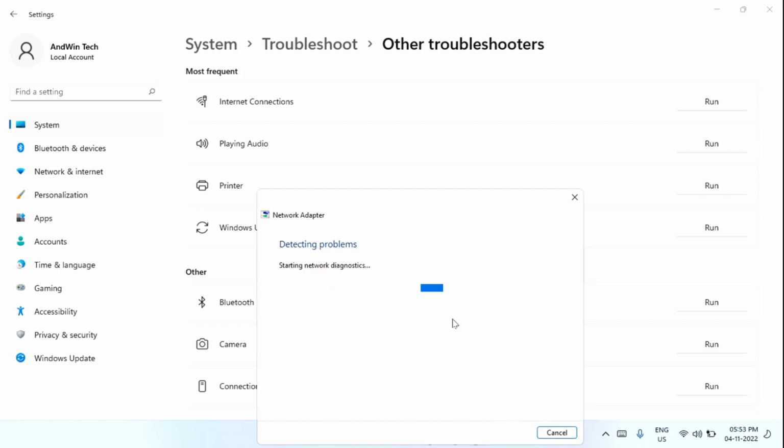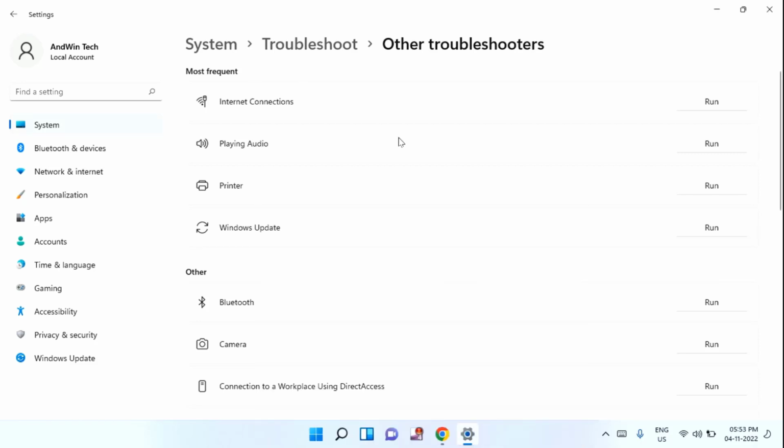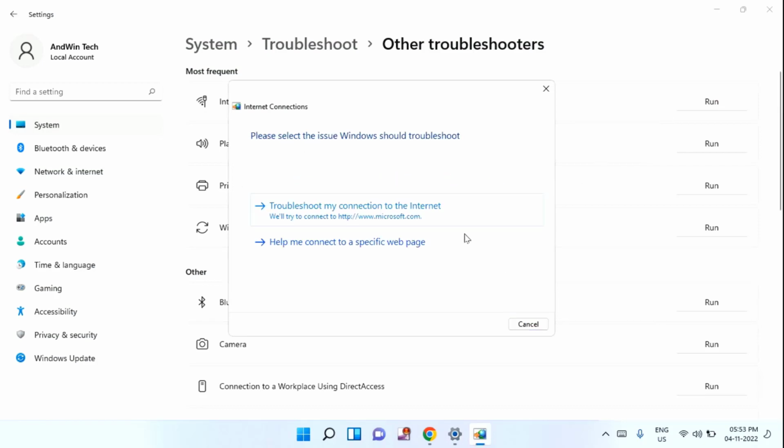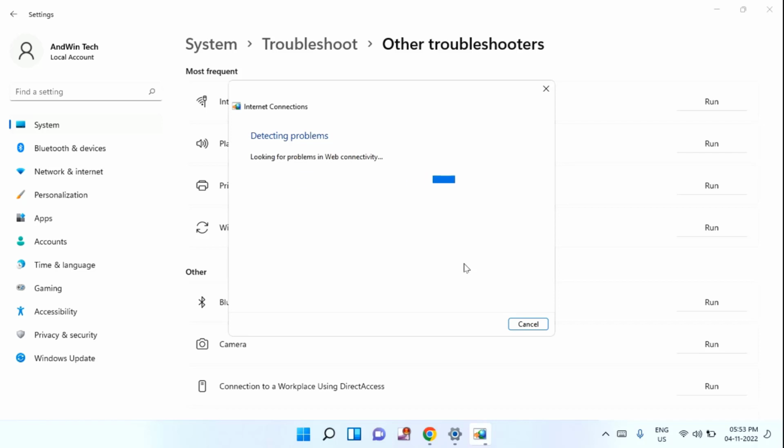and wait to complete this process. After completion of this process, just close this window and under other troubleshooters you can see here internet connection. Just click on run and again wait to complete this process. Select troubleshoot my internet connection problem and wait, it will diagnose the internet connection problem. After completion of this process, close this window